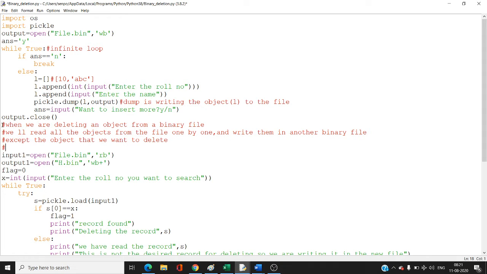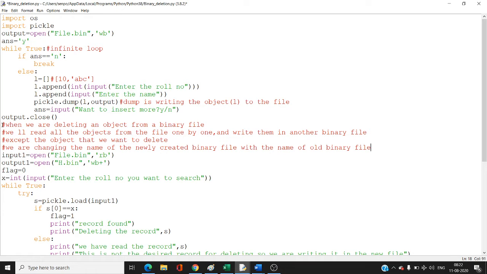And after that, we are changing the name of the newly created binary file with the name of old binary file. So suppose we want to delete a particular record from a file a.bin.